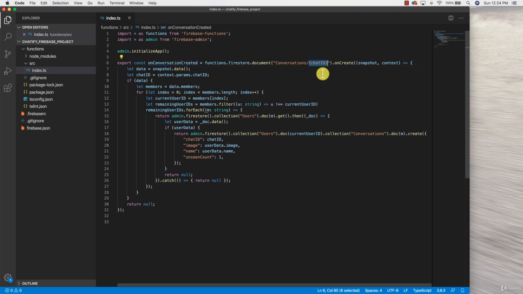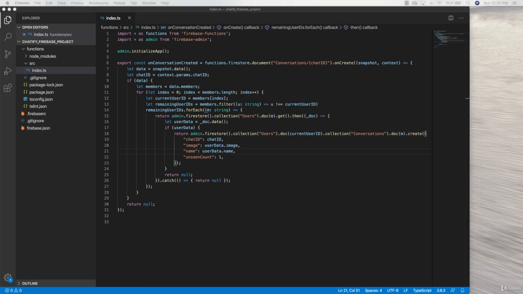What this function is going to be responsible for is that every time a new conversation is created, it's going to go to all of the individual members of that conversation, and for their corresponding conversations collection, add a document that shows that the user has a new conversation with another user. So essentially we are going to be automating the logic that we were doing previously